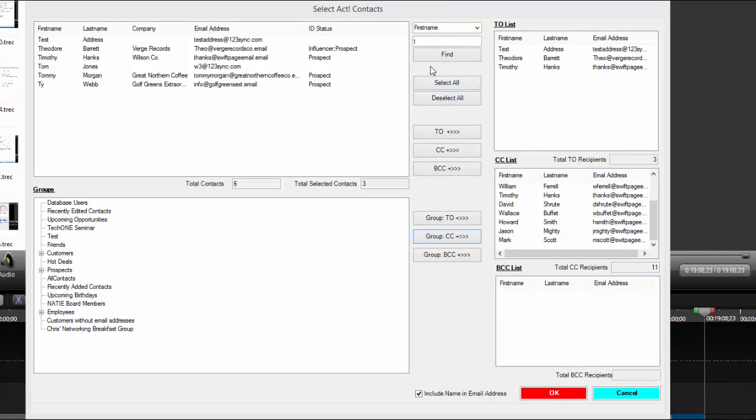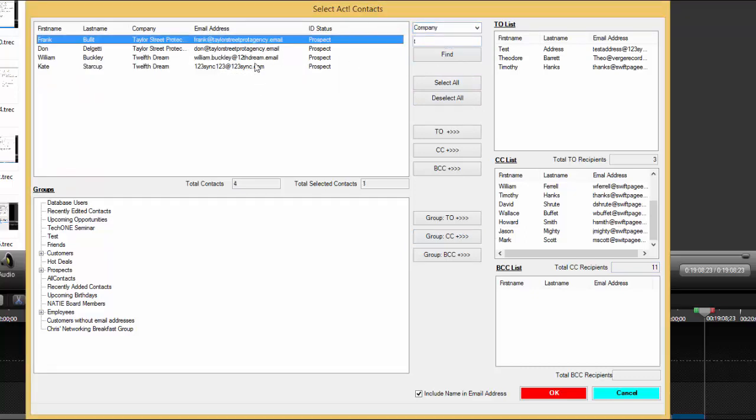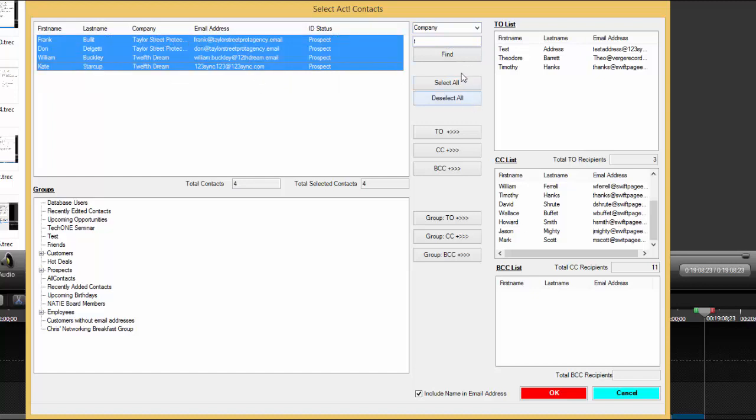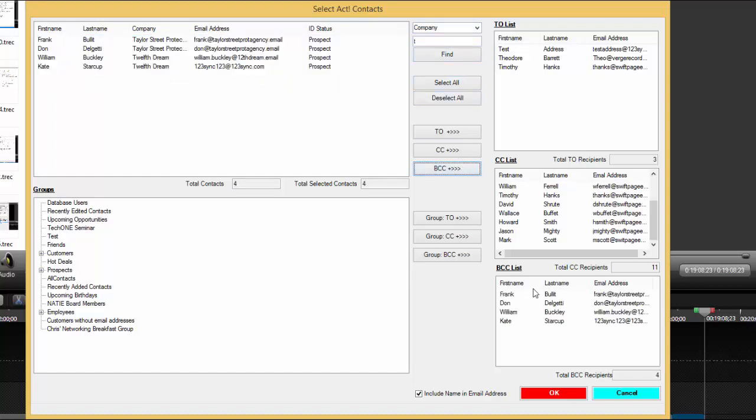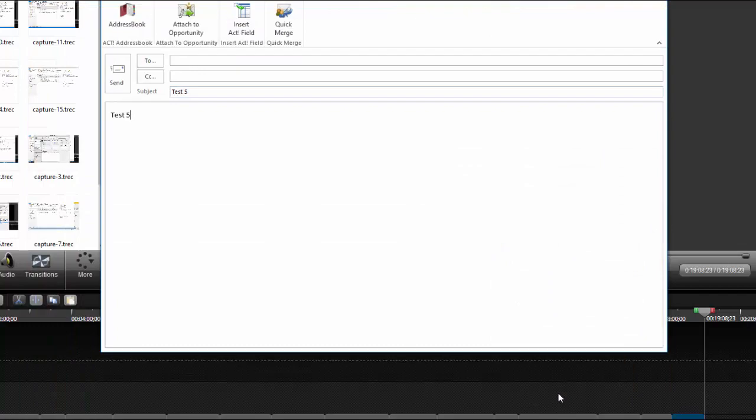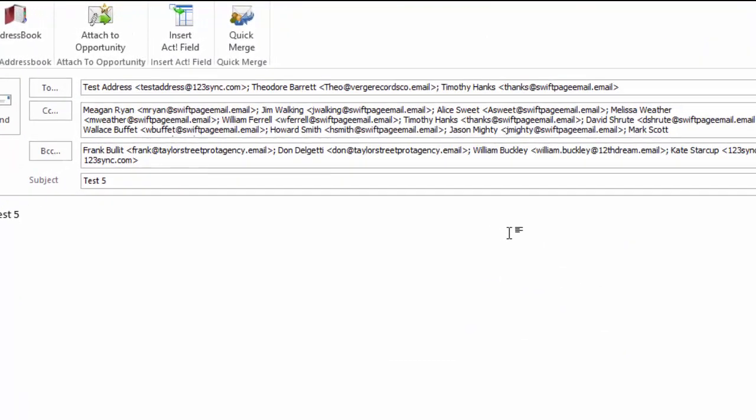Also, the nice part about this interface is you can just look at a company and just find a company and say, okay, I want these, and whoever's in this company goes into BCC. So we can actually create different destination or recipients on the email. If you click OK, so when we click OK here,